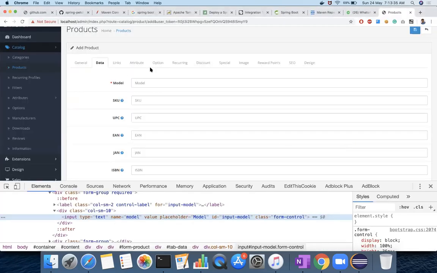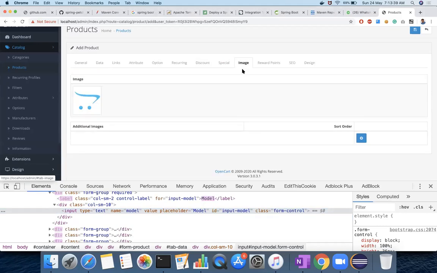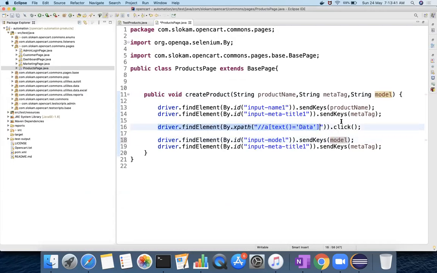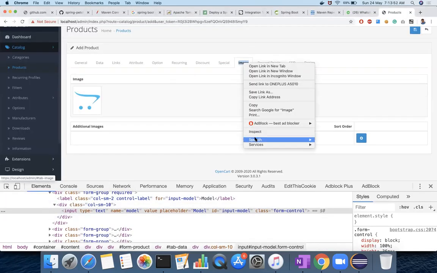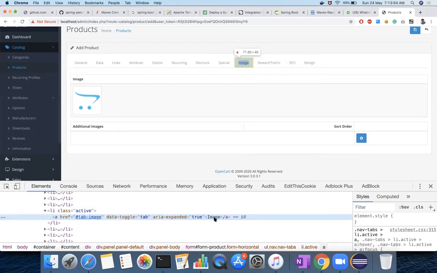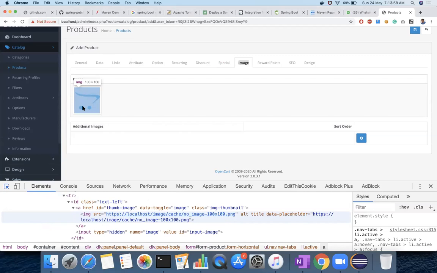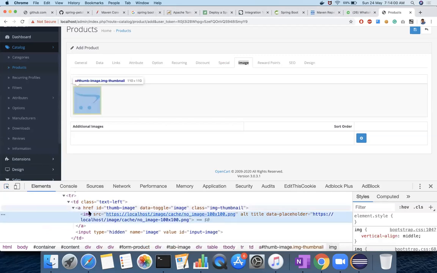Next, we have to provide the image. So you have to click on image. So that's the text area, right? The text area is image. And where do you want to click on it? You have to click here on this image.